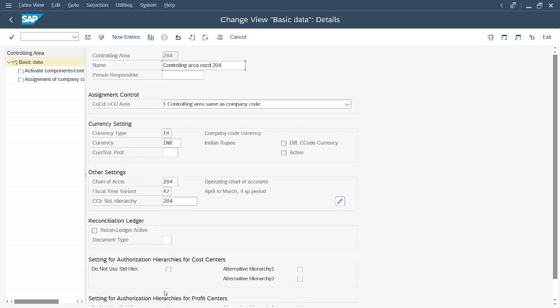It will be proven, like for example, have you ever created a GL account without defining the retained earning account? No, sir. And have you given any number to the particular retained earning account? No, we've not given. Okay, so same way, if we have not even defined the retained earning account, we will not be able to create any GL account.